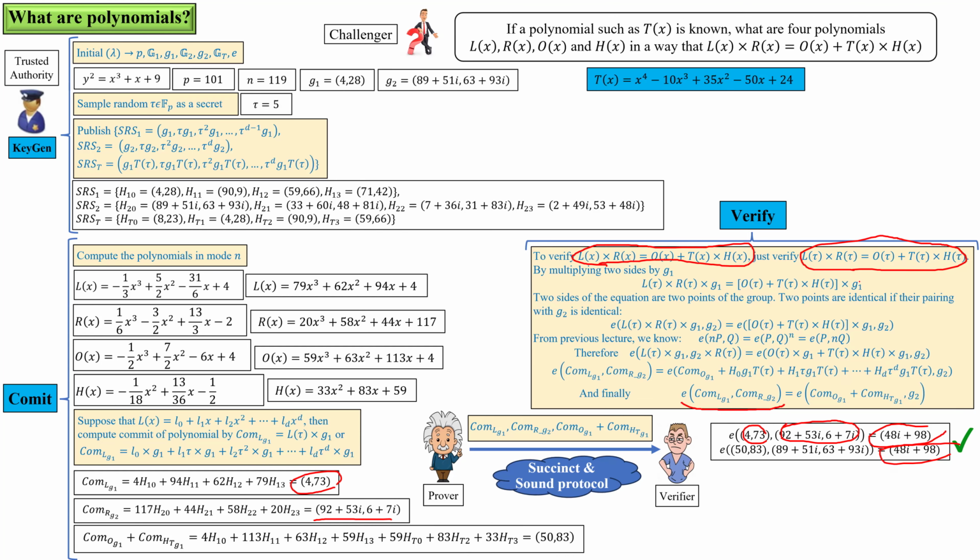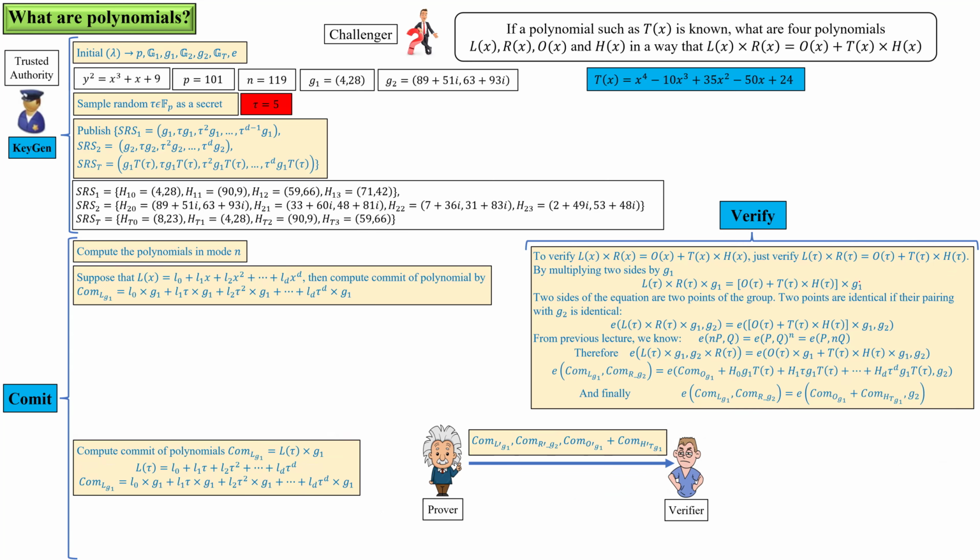Okay, so now let's discuss why the value of tau should be secret, and it should not be shared by the trusted authority. Why is this important? Suppose that the trusted authority cheats and shares the value of tau with the prover. Now we want to show how, by knowing the value of tau, the prover could pass the pairing test